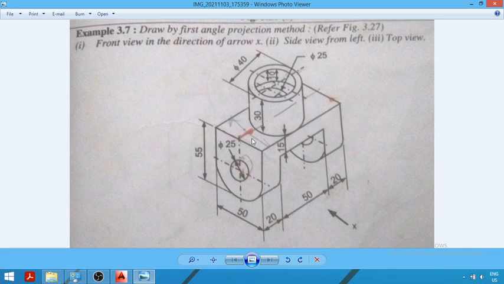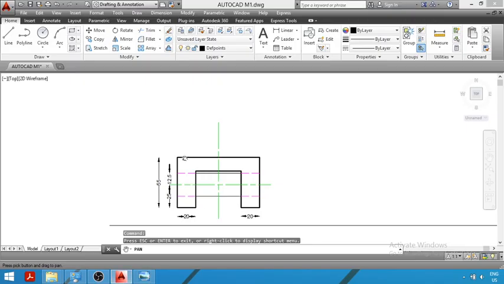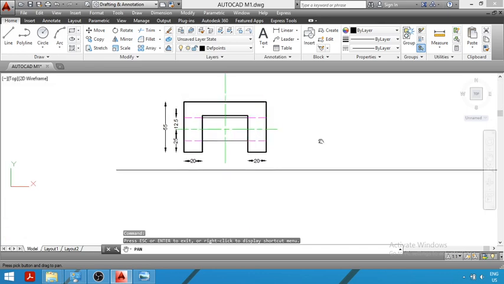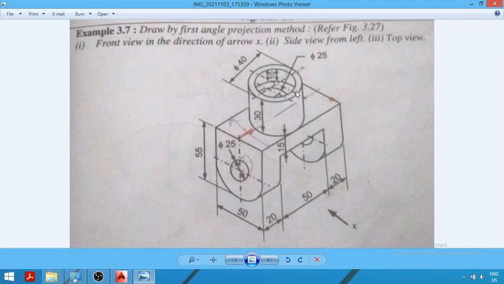Before that, we will draw the top view of this lower part. Now, you can see we have already completed the front view of this lower part and we have also shown the front view of these holes. Now, we will draw in the next step the top view of this lower part. In order to draw the top view, first we will see how the top view is visible. Now, if we remove this cylinder, if we remove this upper part from this lower part, then you can see that from the top a rectangle can be seen. You can see this surface.